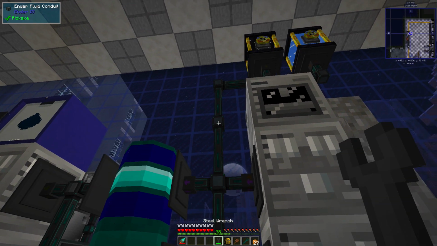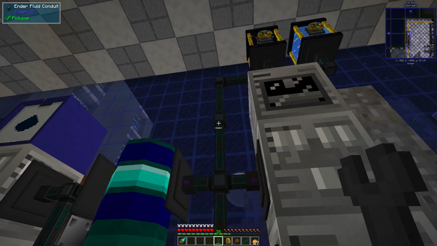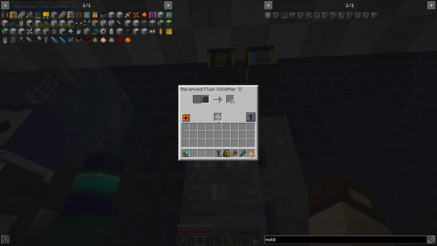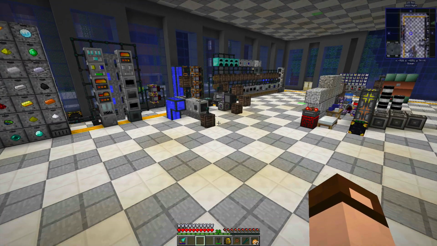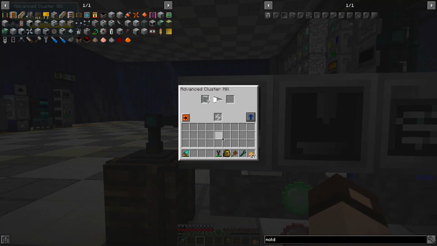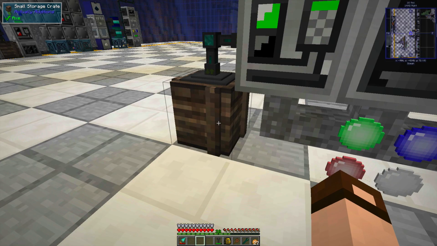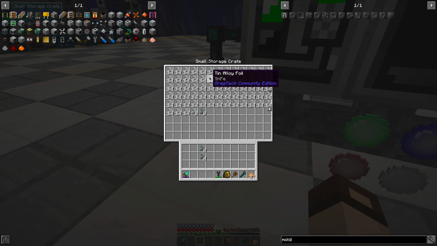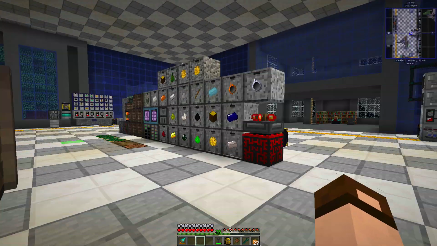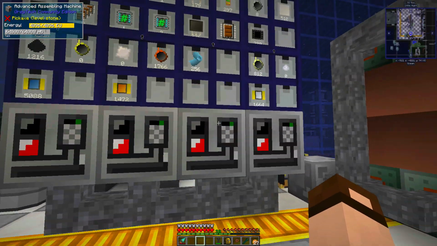And then up here, oh, wrong one, wrong wrench. Insert on light blue. There we go. Hey, we got polyvinyl chloride sheets. And now I can run them over here, right to the advanced cluster mill. And that makes the thin polyvinyl chloride sheets. Whoa, I got lots of tin alloy foil. That made a lot more than I thought it would. Yeah, when you make it thin, you get a lot more out of it. And that will be our final part